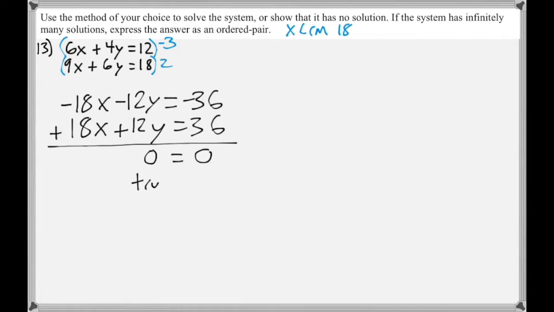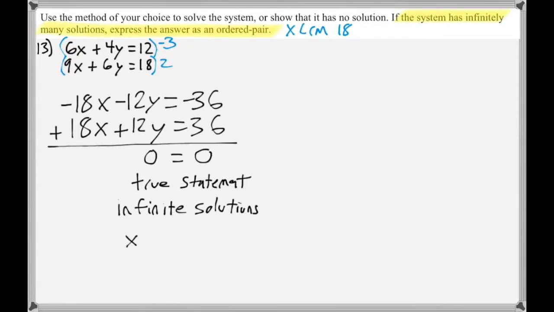So this is a true statement, which means it's infinite solutions. And then they still want us to write it as an ordered pair. So what that means is I'm going to let x be anything,